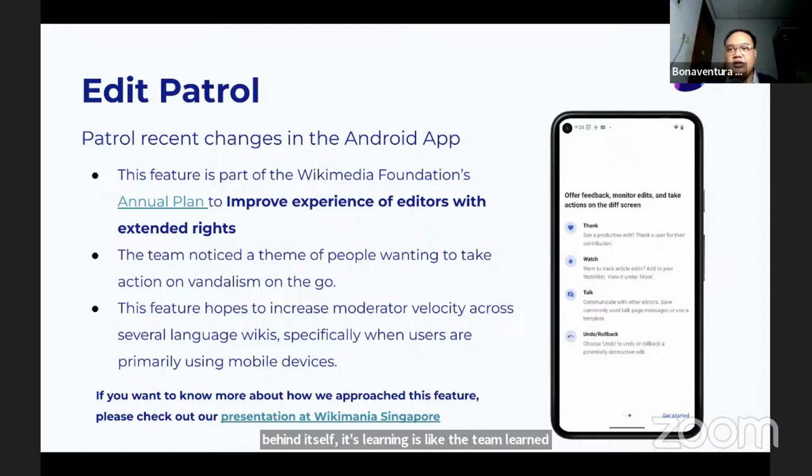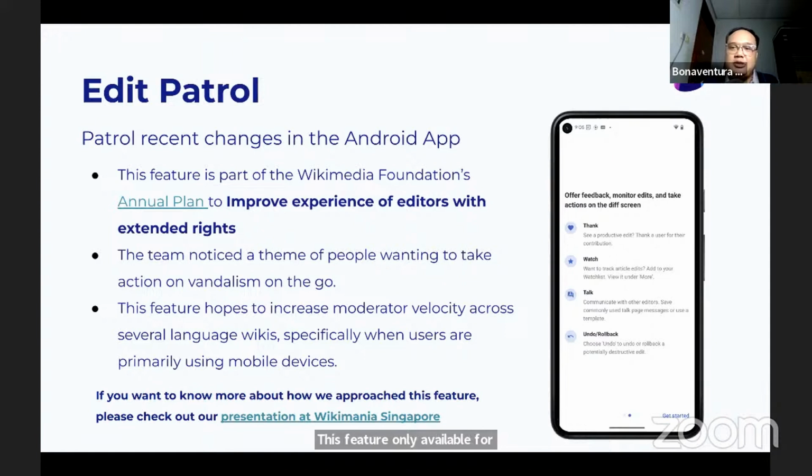especially in Indonesia, that Wikipedia users mostly use mobile to edit or to combat vandalism. This is the main reason the Android team developed this feature, to help combat vandalism on the go, not just on desktop or the web, but also on mobile.